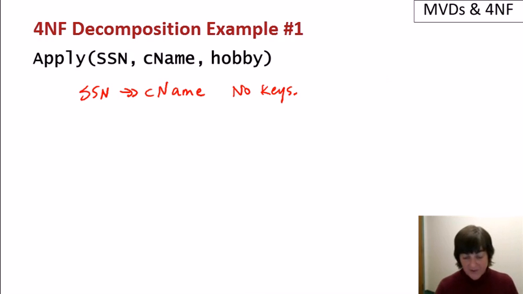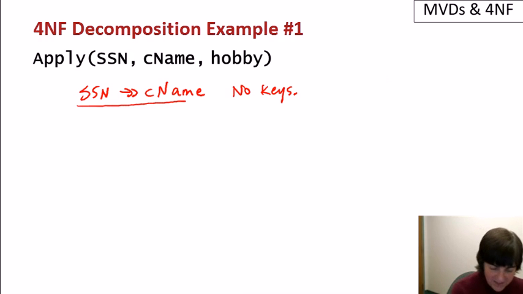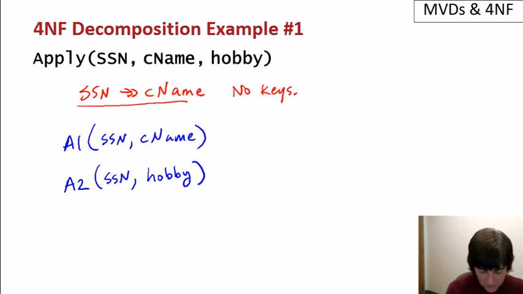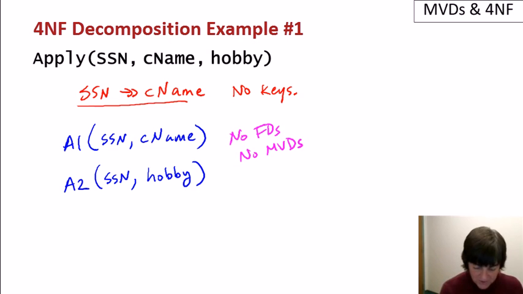As you remember, this example has one multi-valued dependency, Social Security number multi-determines college name, and it has no keys other than all of the attributes. So obviously this is a violating multi-valued dependency, and so we decompose into two relations. We'll call them A1 and A2. The first one has the attributes of the multi-valued dependency, the Social Security number and the college name, and the second one has the left-hand side of the multi-valued dependency, as well as all the remaining attributes, which in this